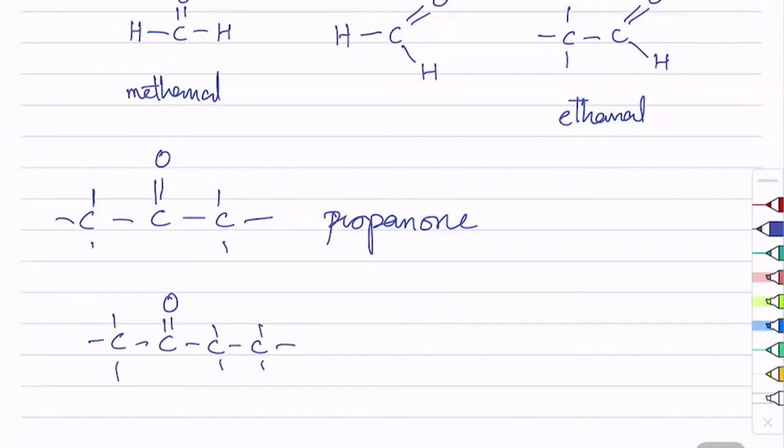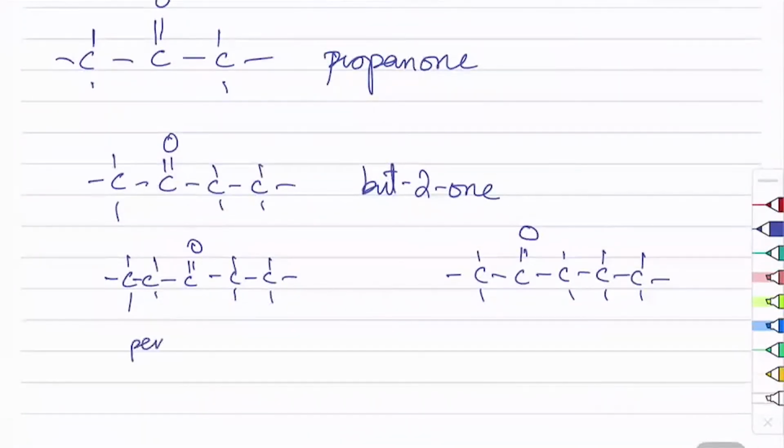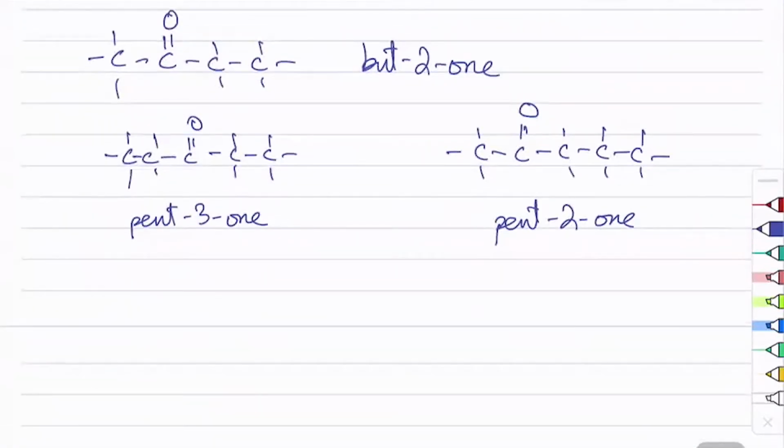For example, this one is but-2-one, okay, because it's the second carbon that has the carbonyl group. Similarly, this one is an isomer of this one. We call the left one pent-3-one and the right one pent-2-one. Now, if I move this carbonyl to the first carbon, like अगर मैं ये कर दूं,